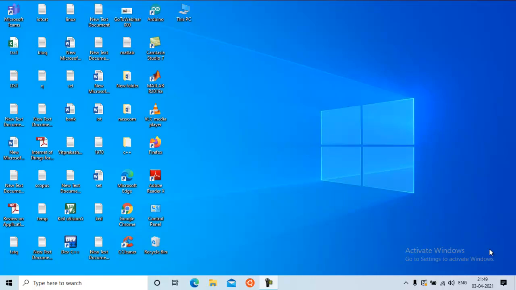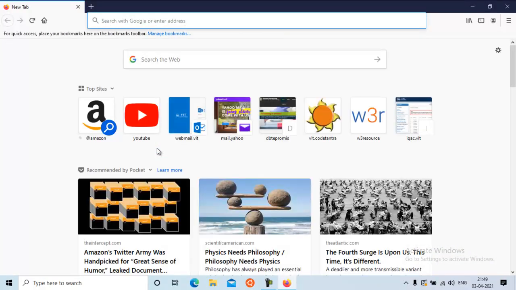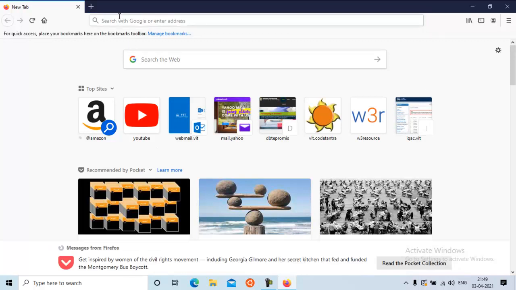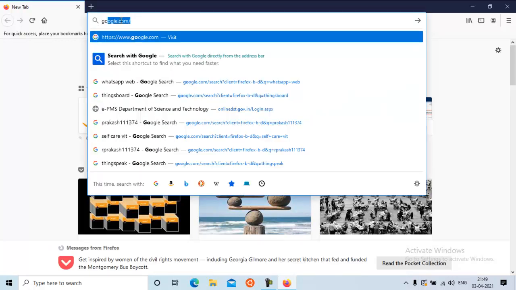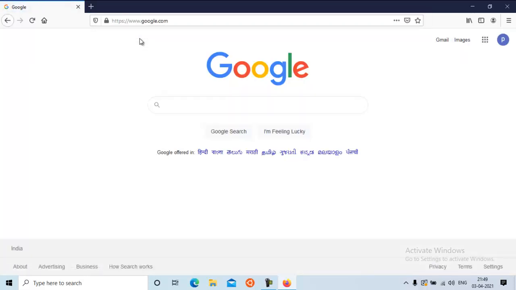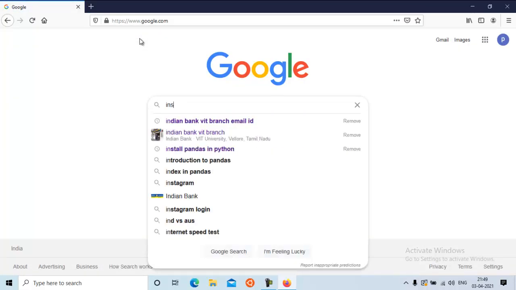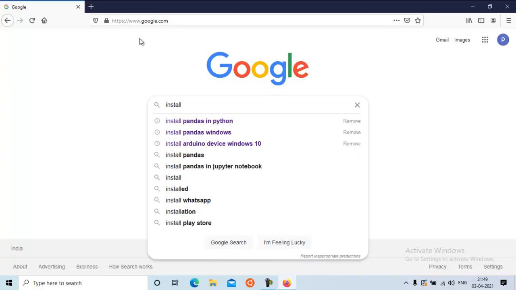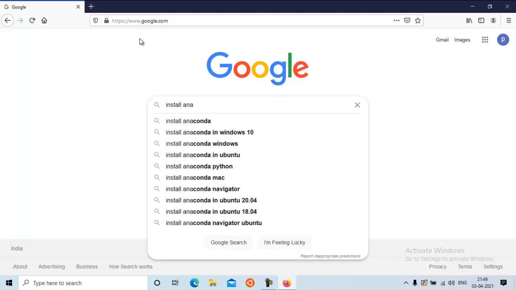Let us see how to work with pandas for simple data analytics operations. To work with pandas, you need the Python package. One of the simplest ways to do that is to have the Anaconda package. So you can install Anaconda. Anaconda is a bigger version of Python,